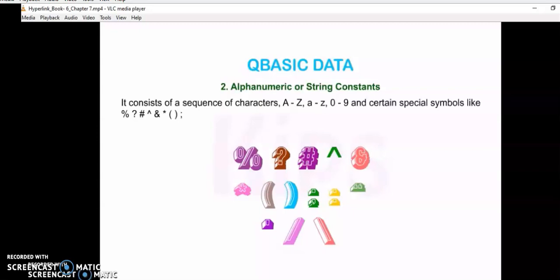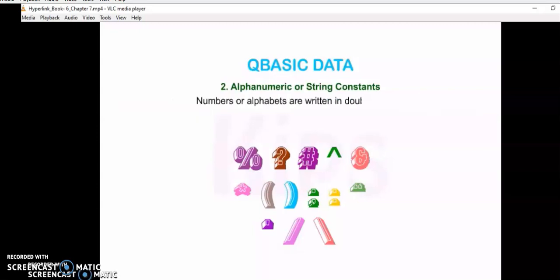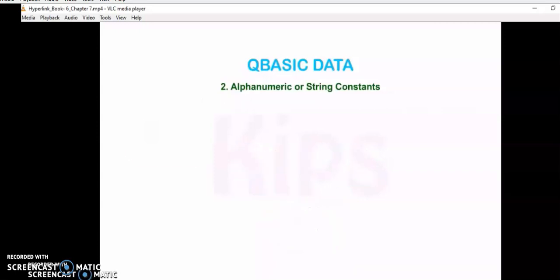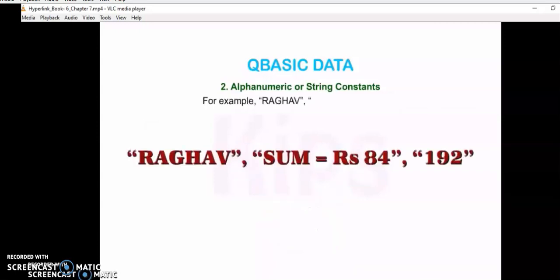So you have to recollect these special symbols. When you are writing an alphanumeric or string, you have to put it in double quotes. Can you see the Raghav, sum is equal to? Whatever you put in double quotes is considered a string constant.